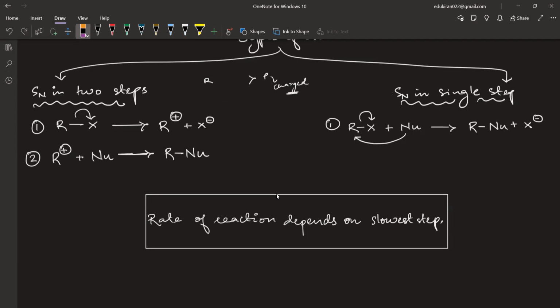But if I look at the second reaction, it is kind of an acid-base reaction, which is very fast. Here we have a positive charge, and the nucleophile will have a negative charge, or at least a lone pair of electrons. Positive and negative are reactive, so it is going to be very fast. As soon as it forms a carbocation, this second step will happen, and that is why we say it depends on the rate determining step. RDS is what? Formation of